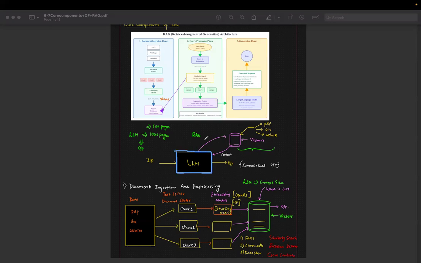But in the case of RAG, what will happen is that this LLM is specifically connected to some kind of vector database, right? Because in this vector database, we store information in the form of vectors. So when this LLM makes a request to this vector database, it will be able to get a response, and this response will be used as a context in the LLM to generate some kind of summarized output,